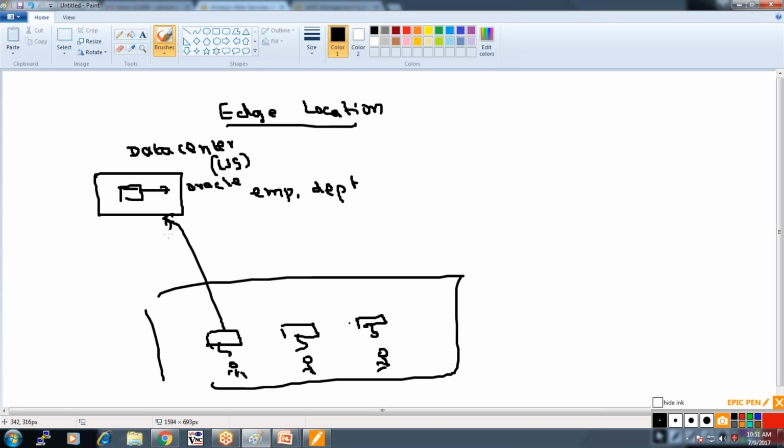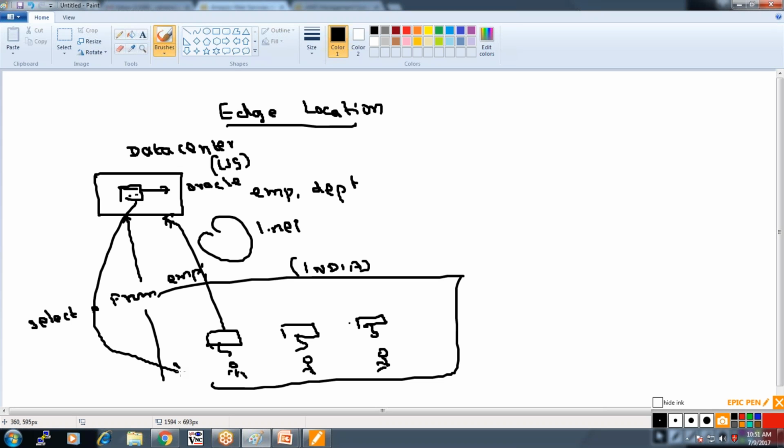One person is issuing a query: select star from employee. What happens in this case? This network is in India. The query has to travel across the internet to reach the data center, which is in the US. In the database, the query is applied and the result of the employee table is